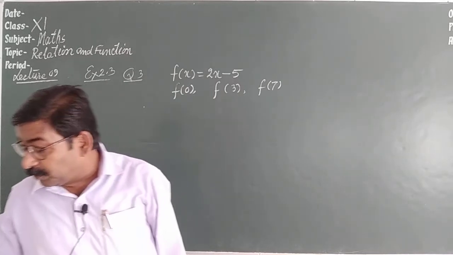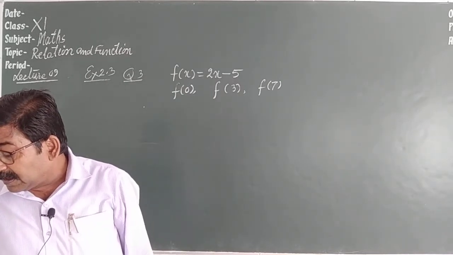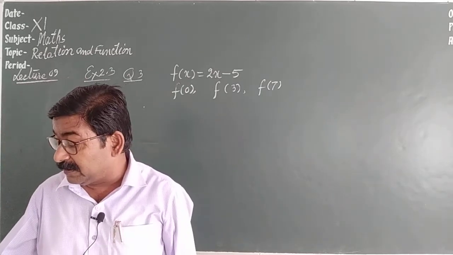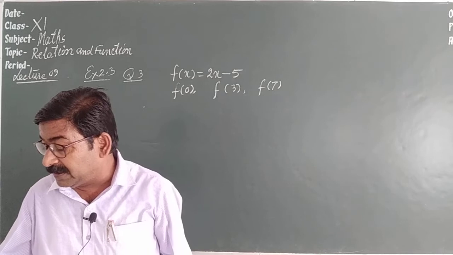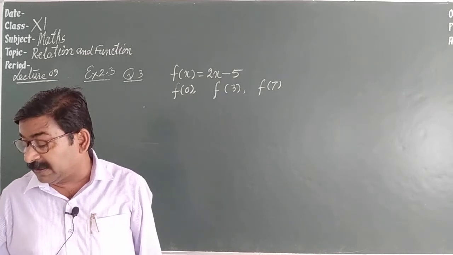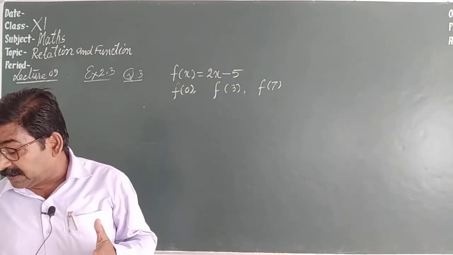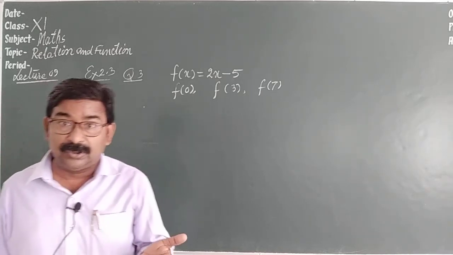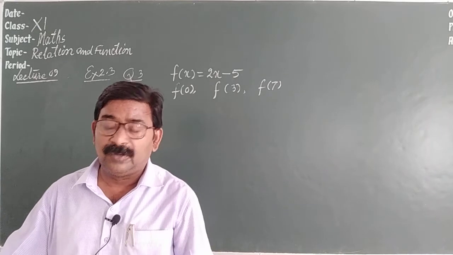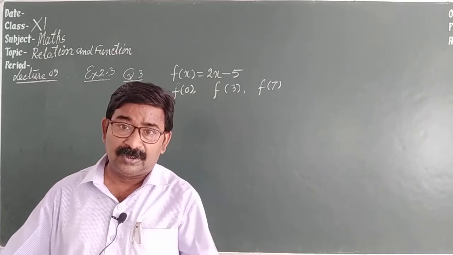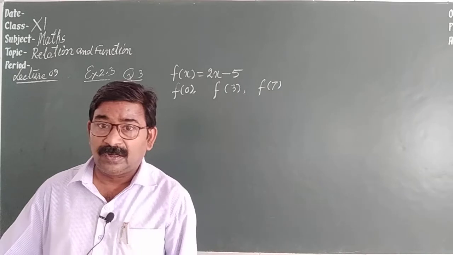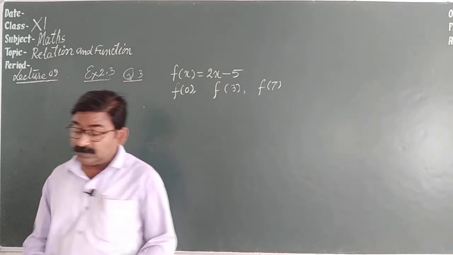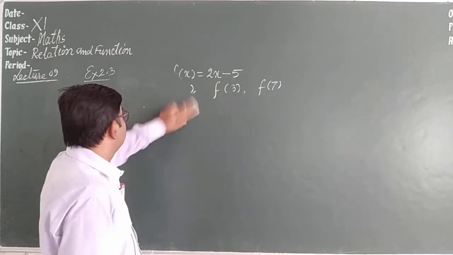Question number 4 is the same kind of question. T(C), the temperature in degrees Celsius, is given by 9 by 4 C plus 32. You have to find T(0), T(28), T(minus 10), which means in place of C you have to write the value 0, 1, 2, 3, 4, whatever is given. You have to put in all these values to get the answer. Got it? These are very simple questions. So I am starting question number 5, which is an important question.